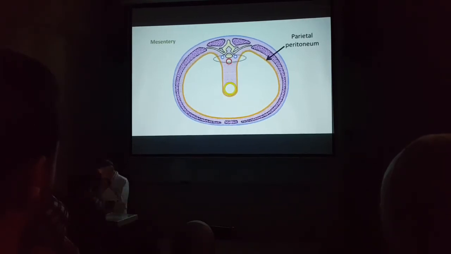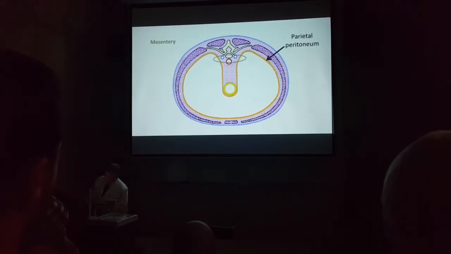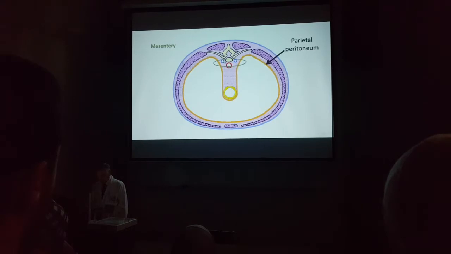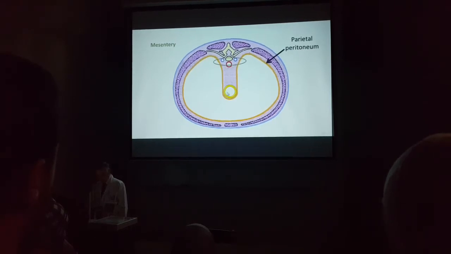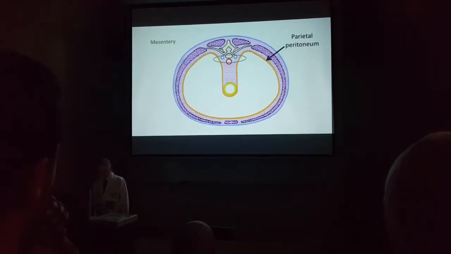Then we go to the posterior midline. We will find organs developing here. This organ was here, but because it gets so long, it is